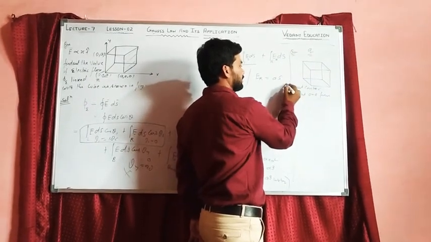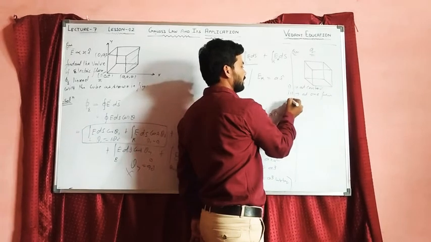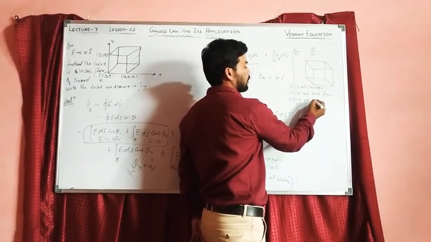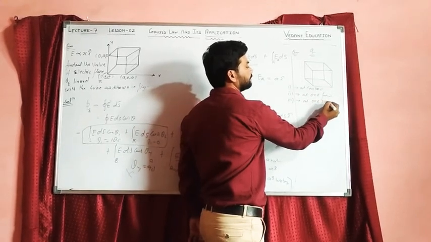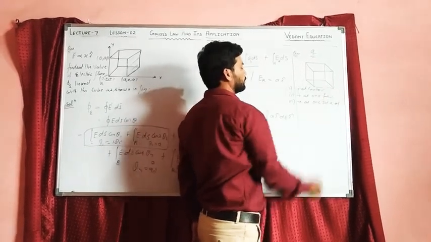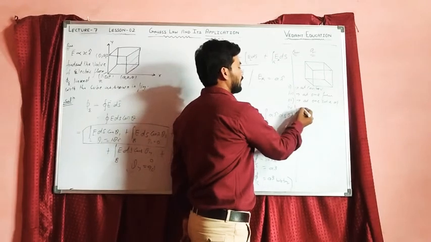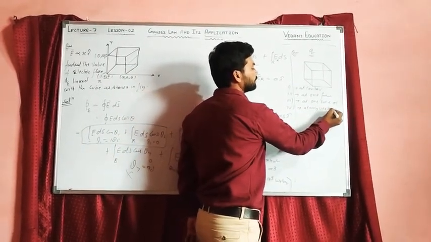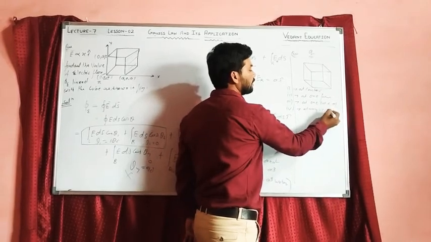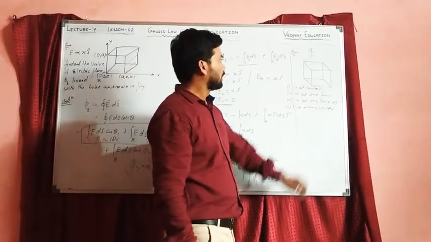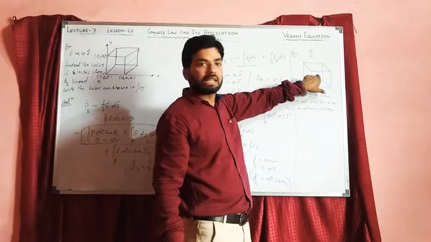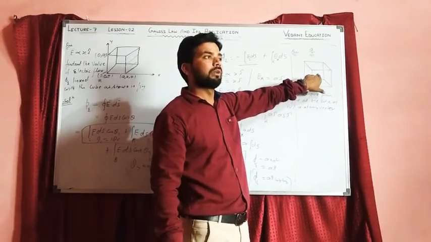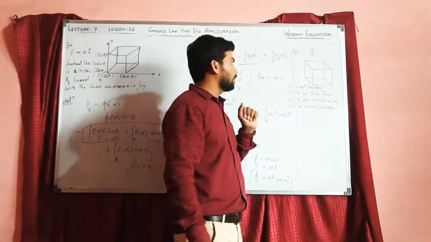The third says at one side of the cube. And the fourth, at any vertex of the cube. When the charge is placed inside, at the center of the cube, by using Gauss's theorem,